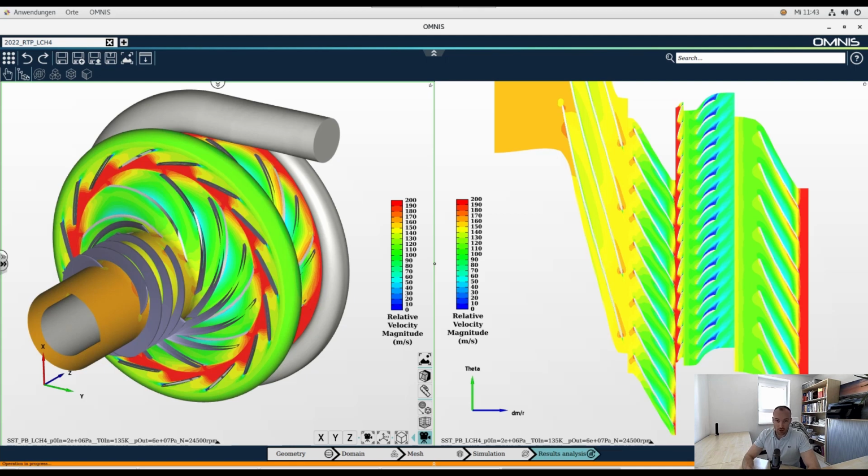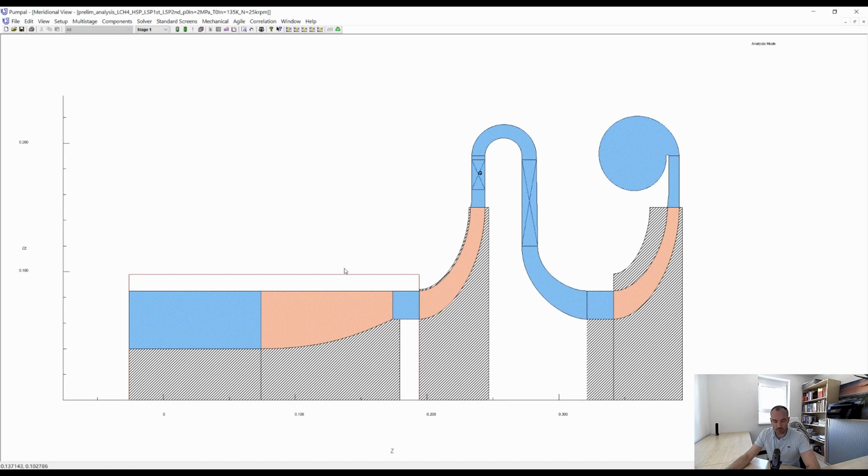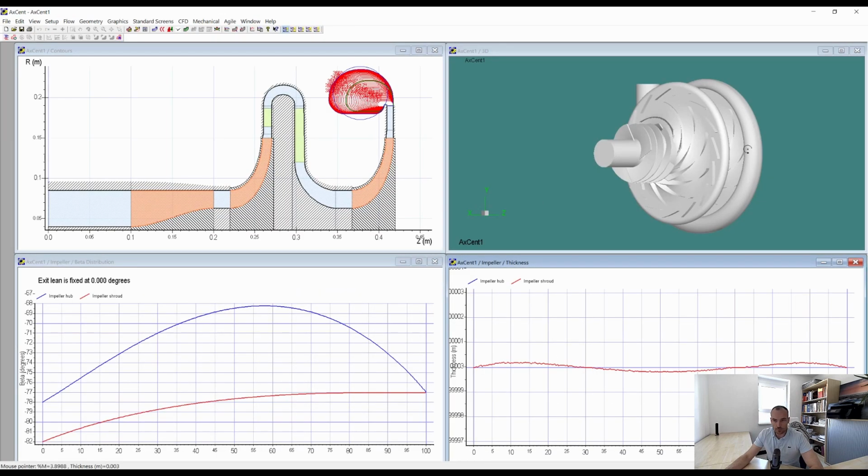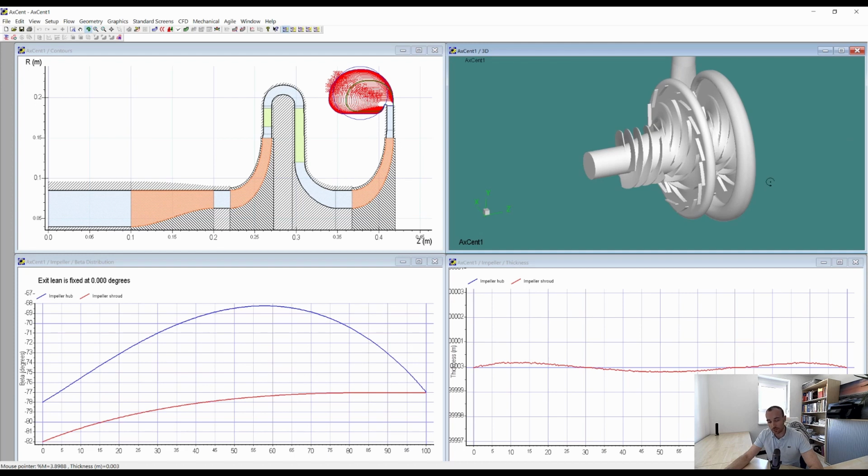My name is Patrick from the NUMECA Cadence office in Germany, and in the next 3 videos we will design this rocket turbopump right here, which is running on liquid methane, and we will go all the way from the 1D meanline design in PUMPAL. So we will have 3 stages, beginning with a high solidity pump followed by 2 low solidity pumps. We will then switch to accent, where we will build our final 3D geometry, followed by a detailed 3D CFD